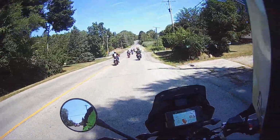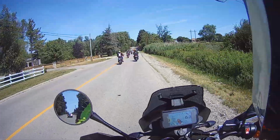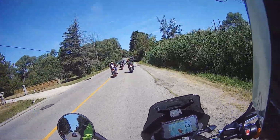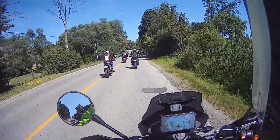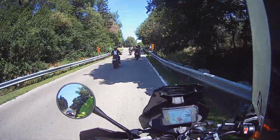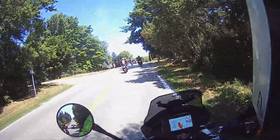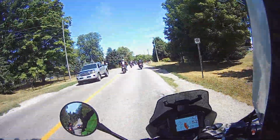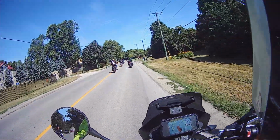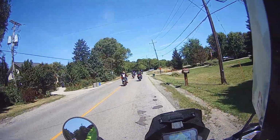Much like my 1290 with, let's say, half a tank of gas or less in it, also feels lighter than its actual weight of 500 pounds on the 1290 with a bit of fuel in it. I think it's 478 dry, no fuel. So